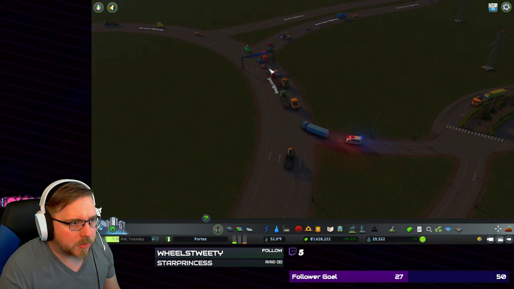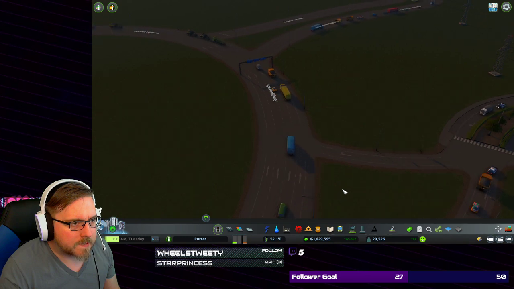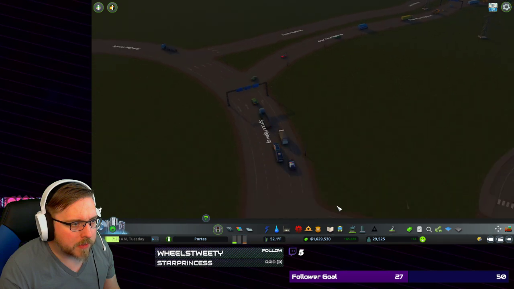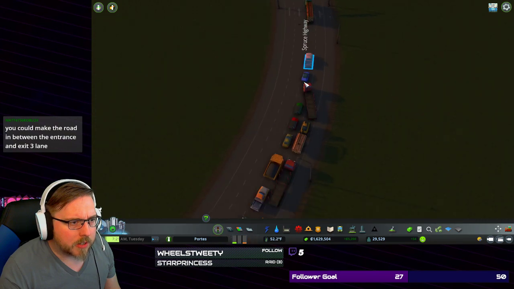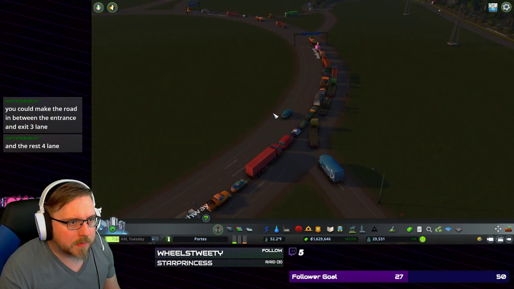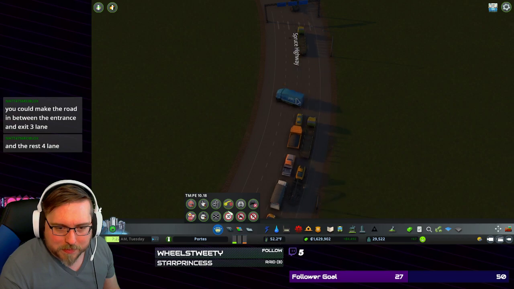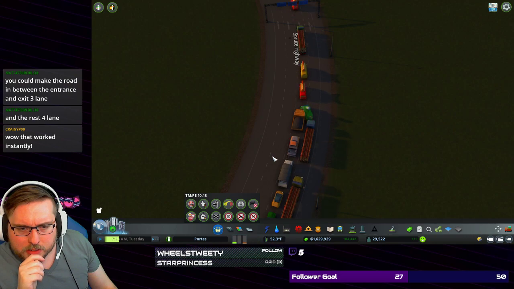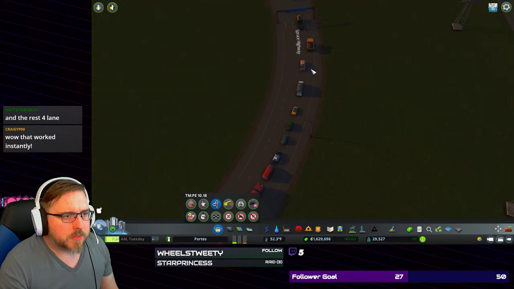So they get on here. They can still get over if they need to. And this is 2 lanes, so they can come off over here to the right if they want. I think that may have helped a lot, so let's... Okay, no, yeah, they're still trying to get over here. What are you doing? Why are you bothering doing that? You can make the road in between the entrance and exit 3-lane and the rest 4-lane. Yeah, I could do that. Let's see here, let's...